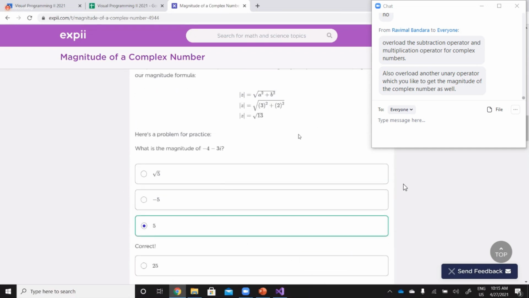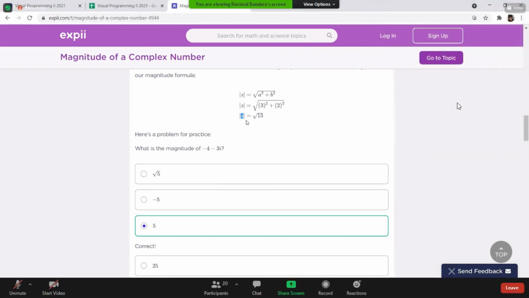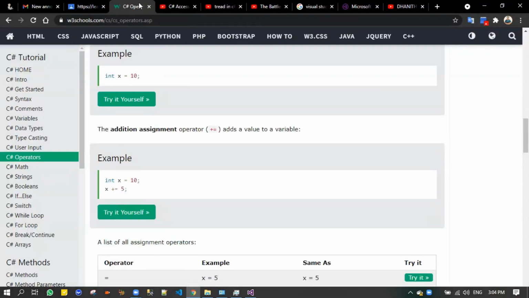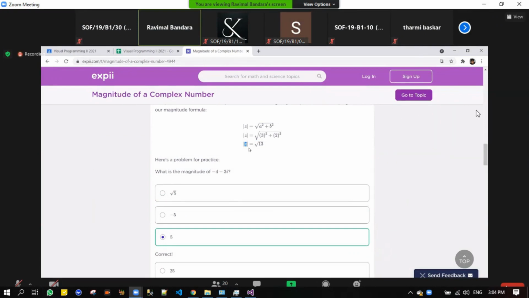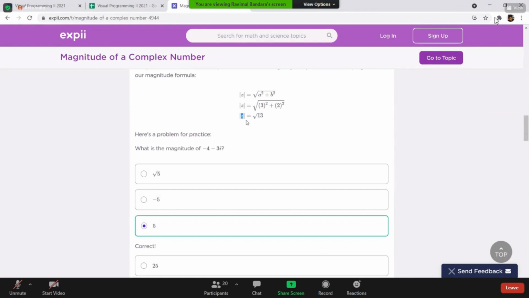So implement this, and this one has to be done through an operator, a unary operator. You have to do this now, right? And once you complete it, I will show you one application where you can use these complex numbers.